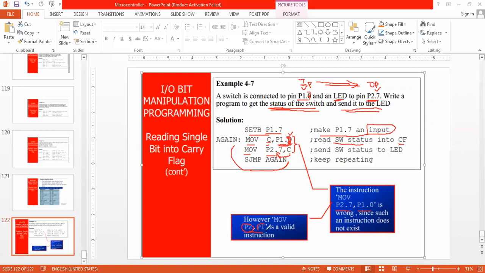Move can be done from whole byte to whole byte. But that is also not possible in terms of general purpose registers, only in terms of special function registers. But a single bit movement, I don't have any instruction like this.